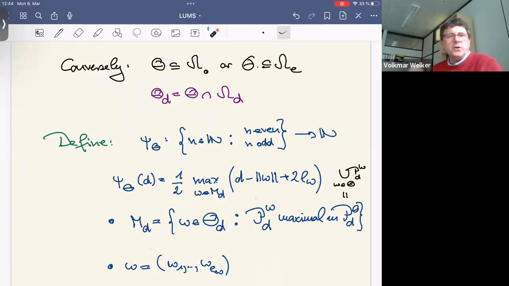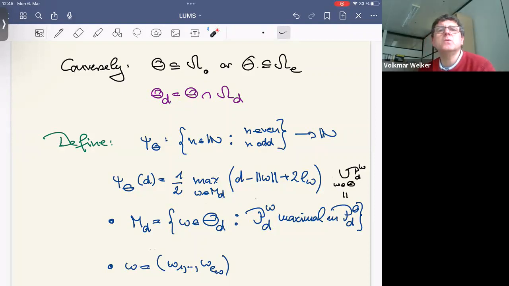And we want to study it not only for the situation from the Arnold-Vasiliev case, we want to study it for an arbitrary theta in the odd root multiplicities, or from arbitrary theta in the even root multiplicities. Okay, and then we also get our theta d, if we intersect our root multiplicities with omega d. And in order to study that,